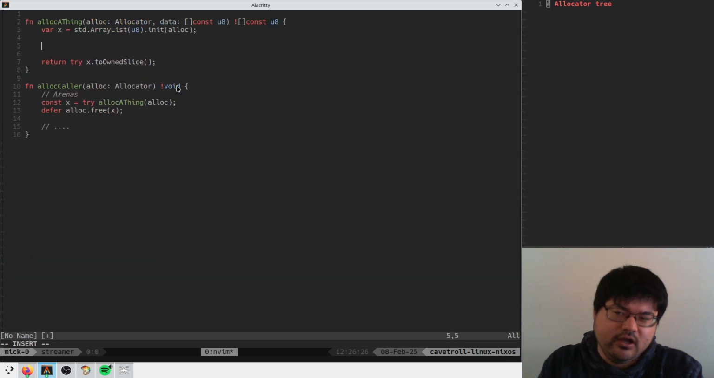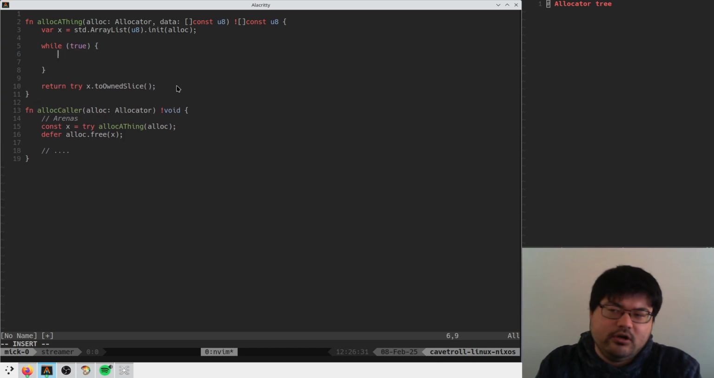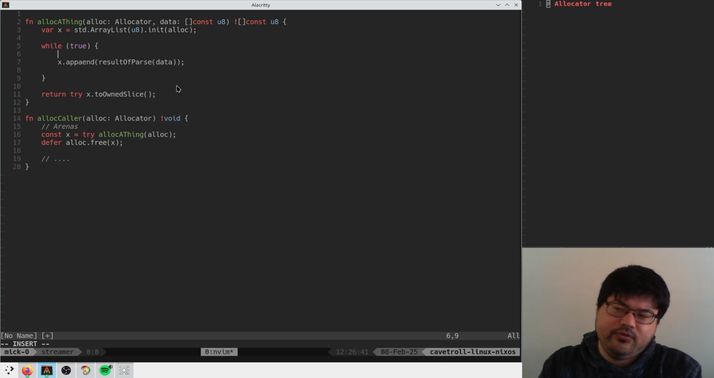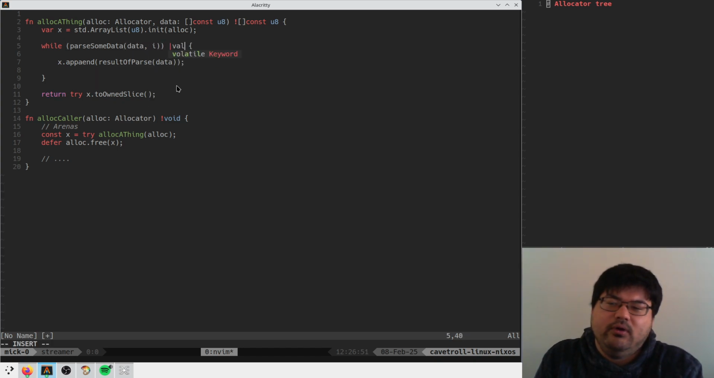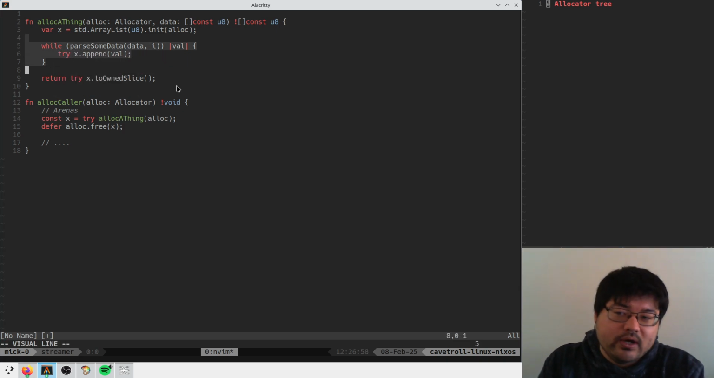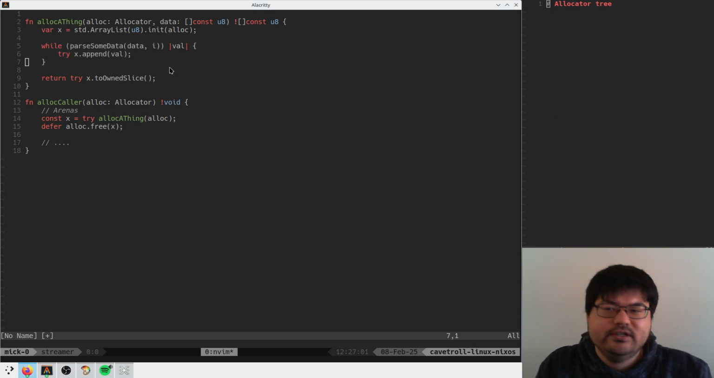Now what happens here is you do some sort of loop, and you say x append the results of parse data, or something. Maybe we're going to do while parse some data with some tracking index. We're just going to pretend that there's something that can advance, and we do x append val. Cool. So the problem with this is that in an arena allocator, when you use this array list, you're going to